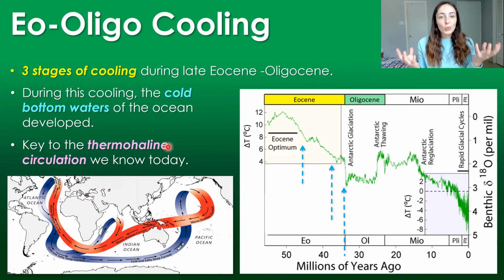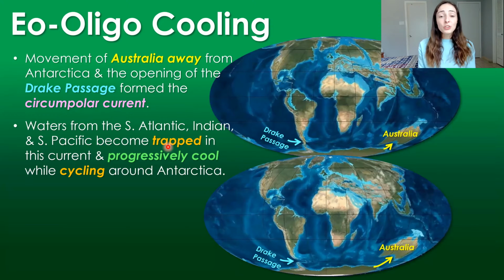And it's just so integral to today's climate. And that's happened since this time. This is the invention of our modern ocean circulation system. But it's not only how the circulation worked, but also the actual circulation pattern because of how the continents had shifted during this time. What do I mean? Well, movement of Australia away from Antarctica. Remember that when we talked about Cretaceous continents and their positions, Australia and Antarctica were basically one big mass.